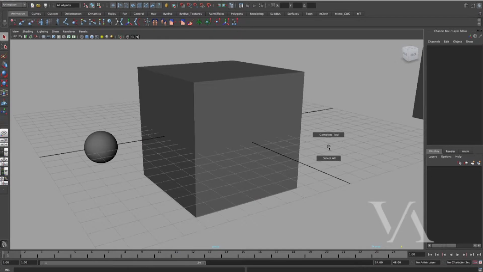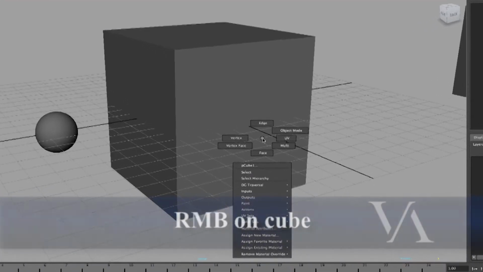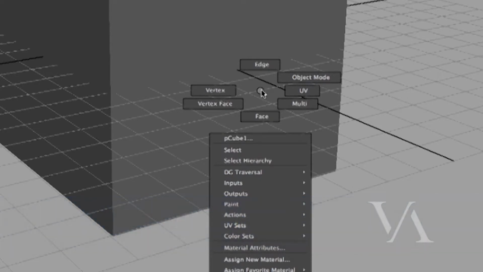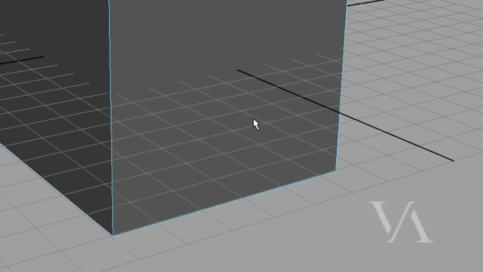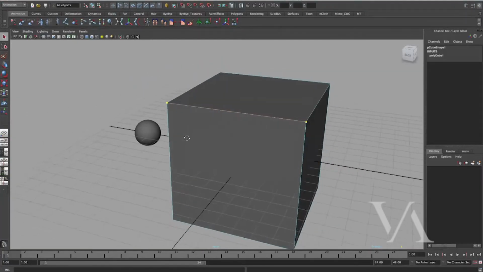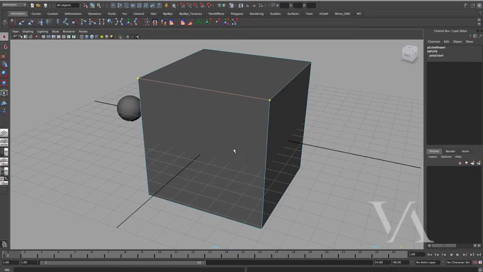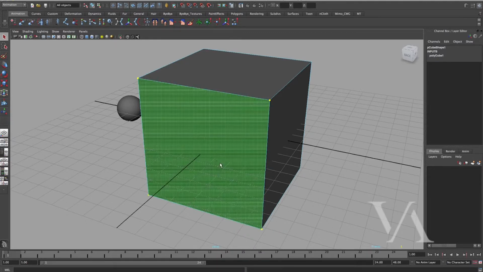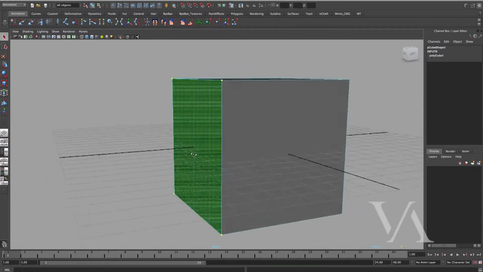Right click right here. I showed you this before, but if you go now on top of the cube and then you do the same right mouse button, you can see that now we have a new menu. And this is where we're getting more deeper into things. Now we can go into edges and then just grab the edge of the cube right there. We can select it and then do things to that if we want. If I go back to this, I can go to the face. Now face would be the side in that case of that